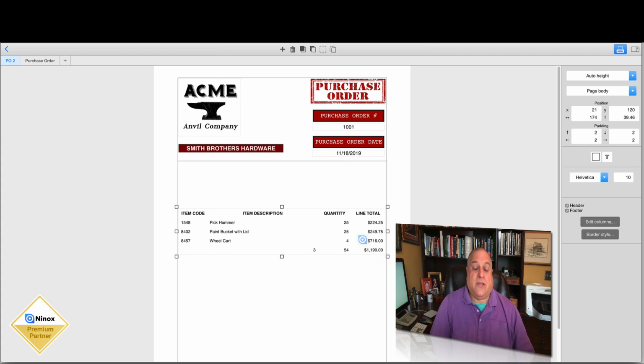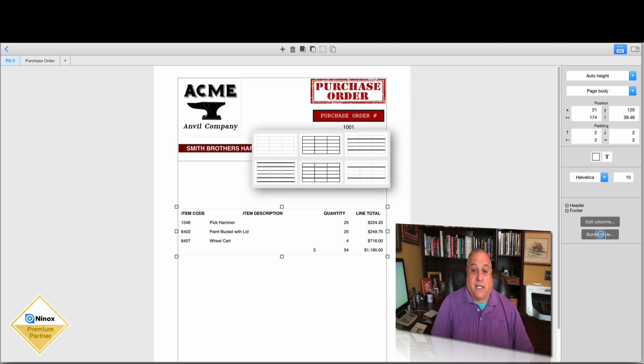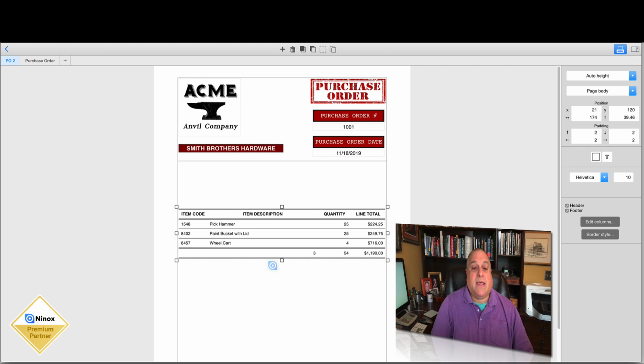I can continue formatting my children by adding a border style. Select the embedded child object, click on border style. Let's go with this one. That's starting to look pretty good. Now, if I only wanted the line item content itself and wanted to create a JPEG image to be my